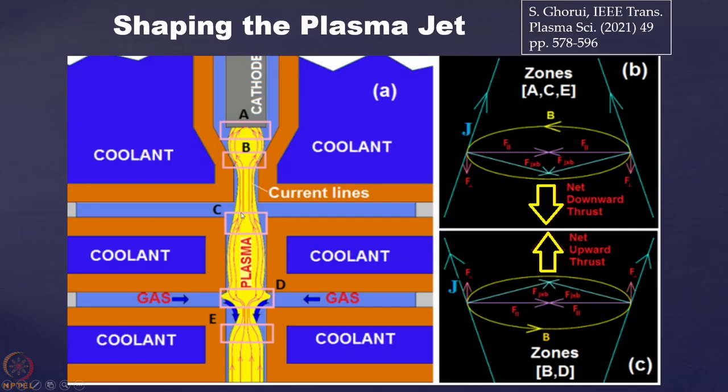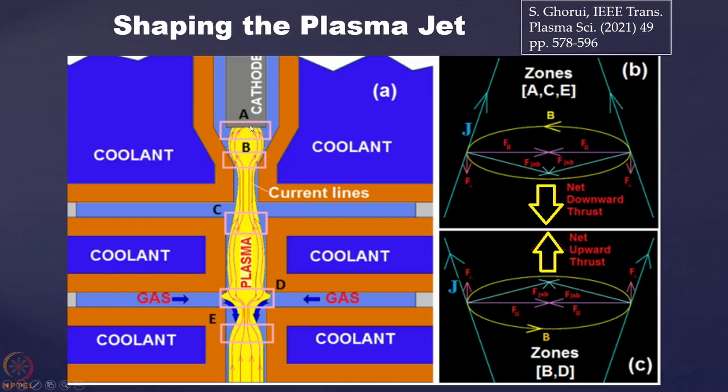Now you see that in this zone, the current density vectors are converging because they have to enter into a smaller zone. Here the diameter is more, here the diameter is small. This is the nozzle exit diameter, and this is the other segment that is put downstream. So from a larger diameter, it is trying to enter a smaller diameter. So naturally the current density vectors are converging. Then once it goes through the region, it is expanding. You are seeing there, it expands and then again converges to a particular point near the cathode surface.